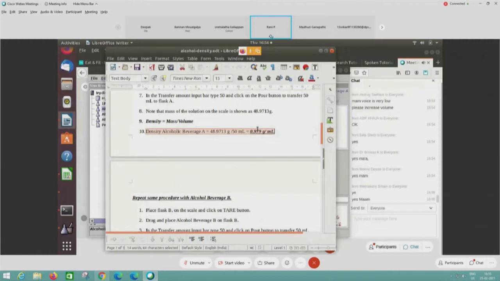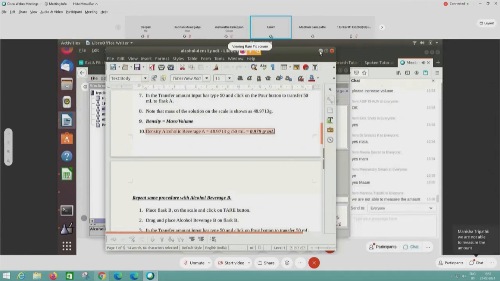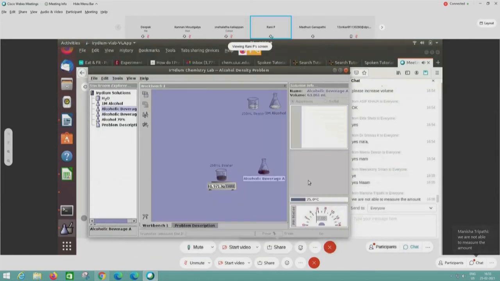So what we have to keep in mind here is ethanol is less dense than water. It's about 0.78 grams per ml, and water is about 1 gram per ml. So as we add more ethanol and as the alcohol gets stronger, it will become less dense. Take this number, we have calculated the density. We will keep it aside.